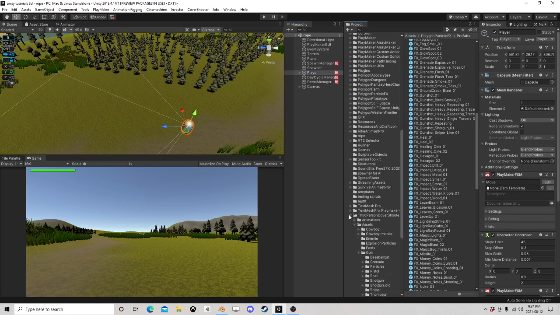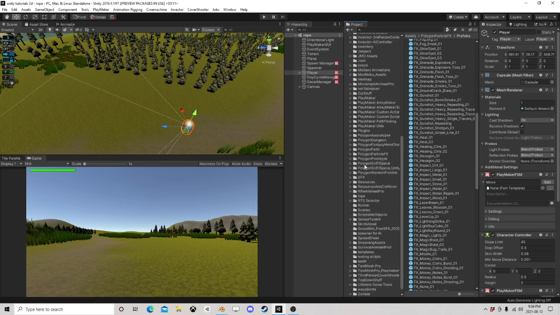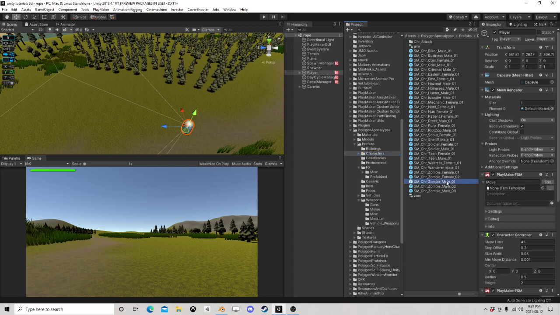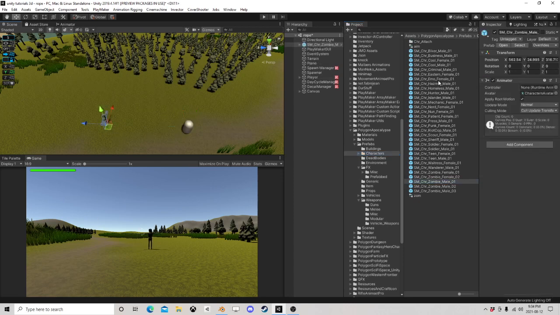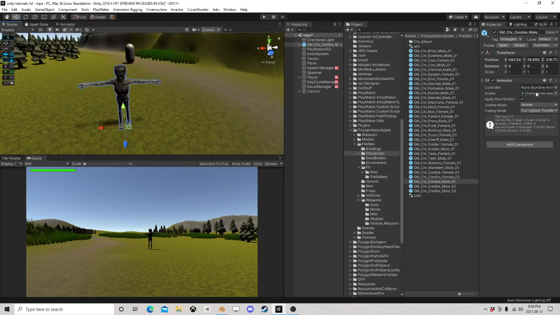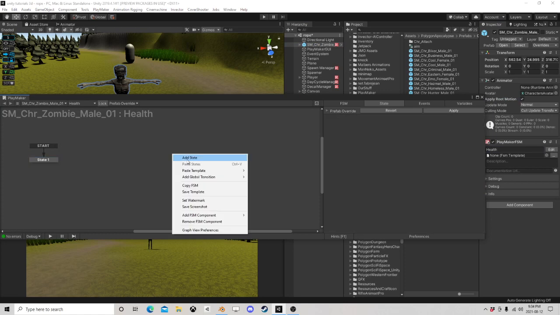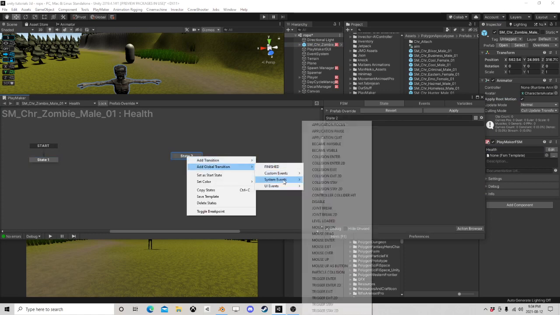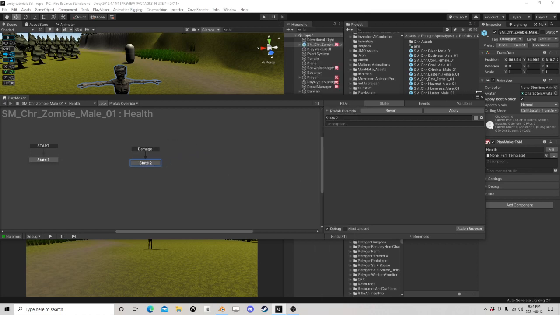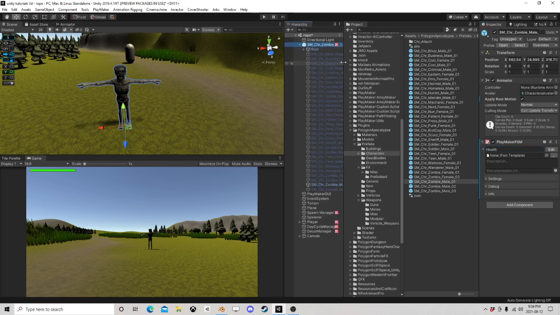So the first one we want to do, like I said, is going to be a basic zombie. So let's just go over and grab a zombie. This guy will do just fine. And he doesn't have anything. Actually, let's use root motion. So we need health. Right? We've already stated we want health. And in the health, he's going to have the event called damage. Right? That's a given. But on his limbs,